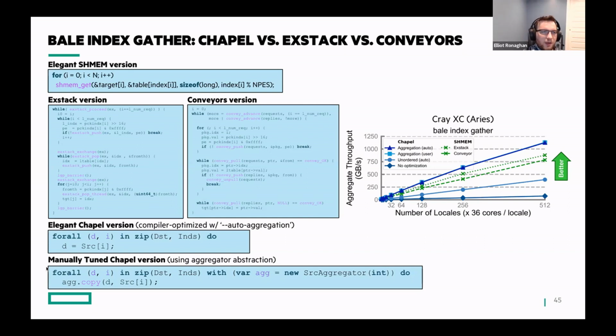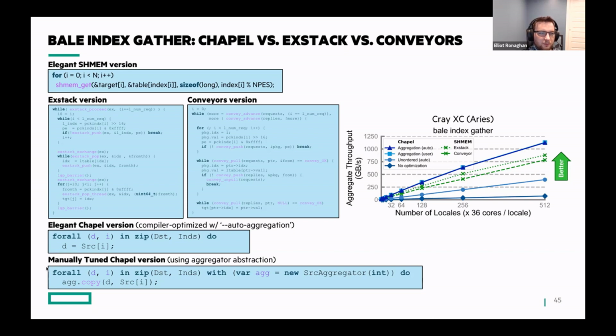So at the very top, we have the elegant SHMEM version. And I think this is also pretty intuitive and easy to understand, right? So we're going to have an SPMD SHMEM code. So each PE or rank is going to be doing this. It's going to do its own updates, and it's going to do a SHMEM get from a random index into its table, into its target or destination. And I think this is reasonably productive and elegant, but the problem in SHMEM comes from when you want to